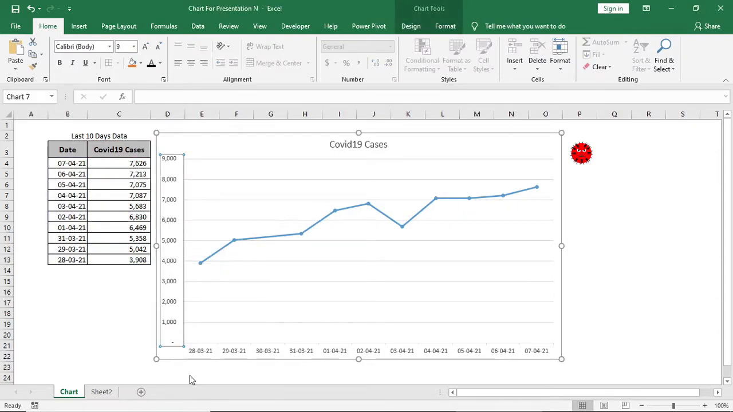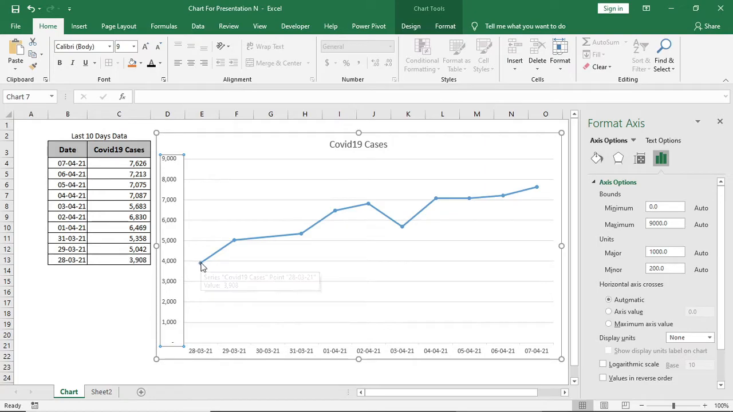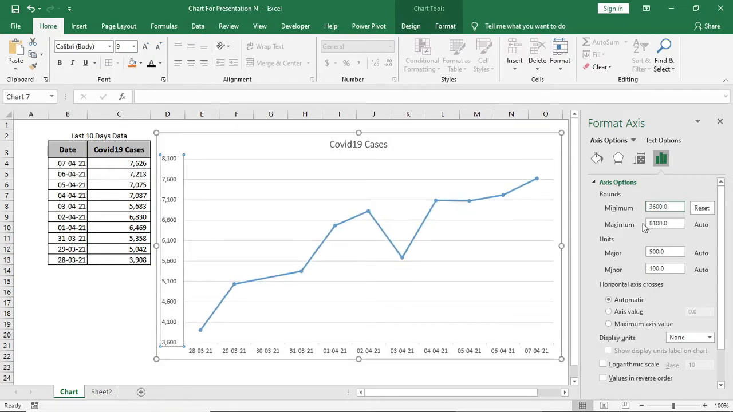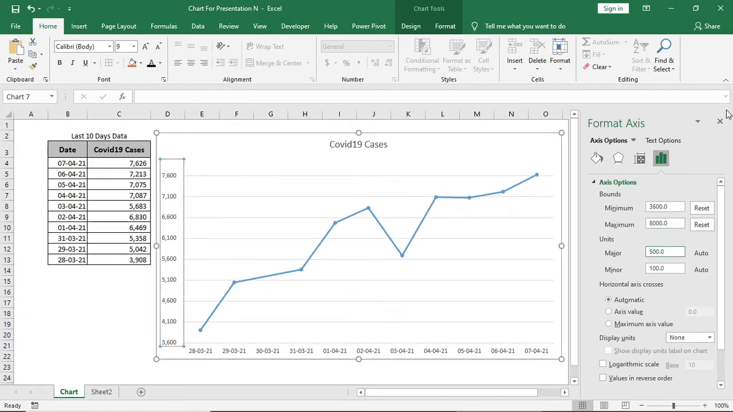Right click on Format Axis, and we have a minimum value of 3900. So in bound we'll give 3600, so it will have a better look. And in maximum value we'll give 8000. Again we'll go to Format Axis,